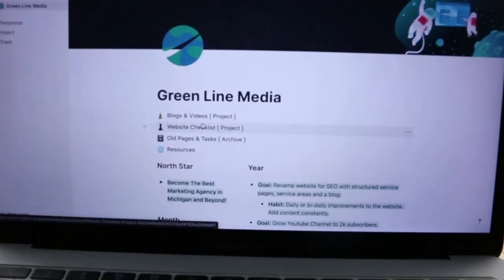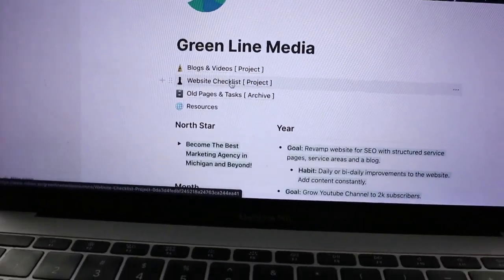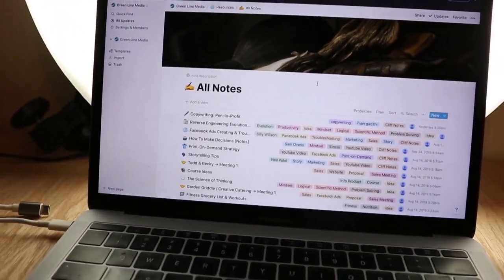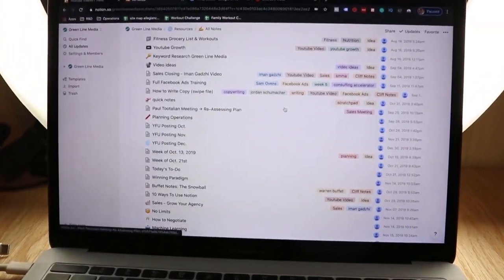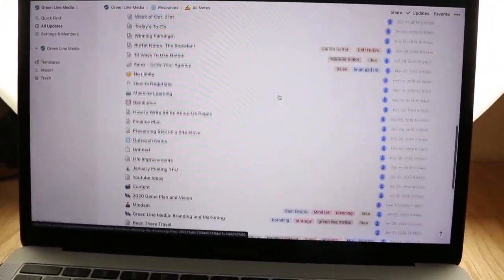So let me show you what I'm talking about here. I've made videos on how to take notes in Notion. I recommend you check them out if you're a big note taker. If you're into learning new things, Notion is great. Let me show you what I'm talking about. This is something that's just unmatched, in my opinion. So if I go to Notion here, and I go to resources, I go to my all notes. This is my notes database, and this is something that Notion can do that Trello simply can't do. So that's one of the reasons that I really like to use it, right?